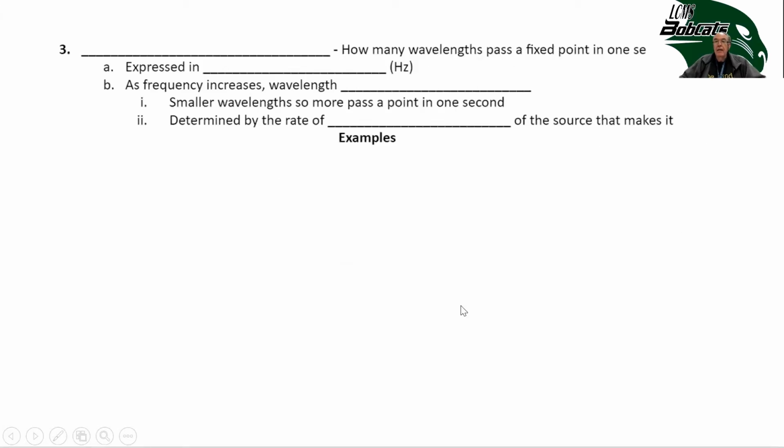The next wave property is how many wavelengths, or the frequency of a wave. It says how many wavelengths pass a fixed point per second, and it's expressed in hertz. Now, where you've seen this is on radio dials. So if you listen to 97.5, that's how many hertz or wavelengths the radio station is allowed to broadcast in,